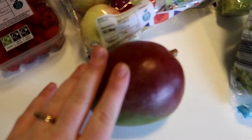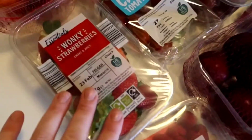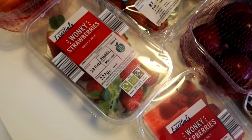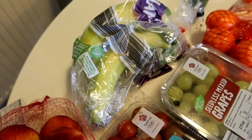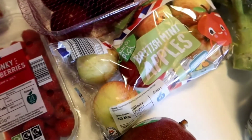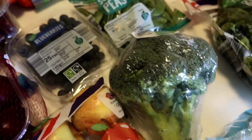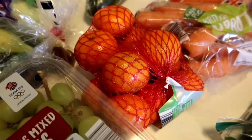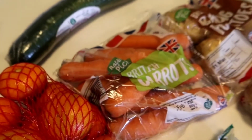I got mango and some raspberries. I got some strawberries. I always go for the wonky ones. They're absolutely fine and they're a bit cheaper, which is always good. Some nectarines, cherry tomatoes, bananas, grapes, plums, apples. I got some little gem lettuce and a broccoli. Did I say blueberries? We've got blueberries, satsumas, the little easy peeler ones, a cucumber over there,